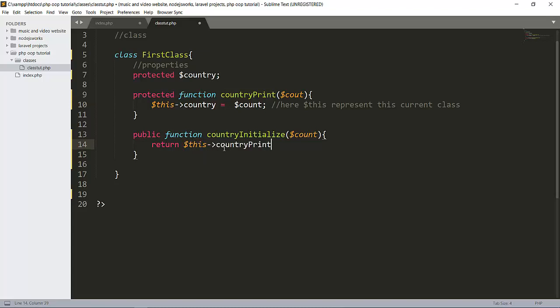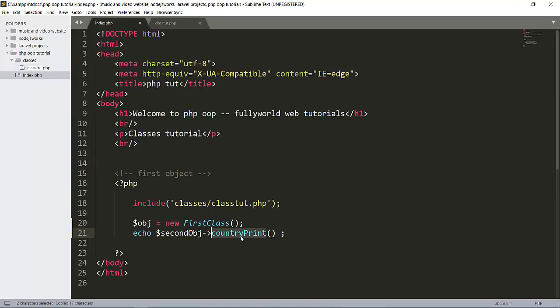Then we will call this function and pass the parameter as country India. Save this, and this parameter will also be $count, and this $count parameter will come through here. Copy this, it will come through here. Here will be our India.